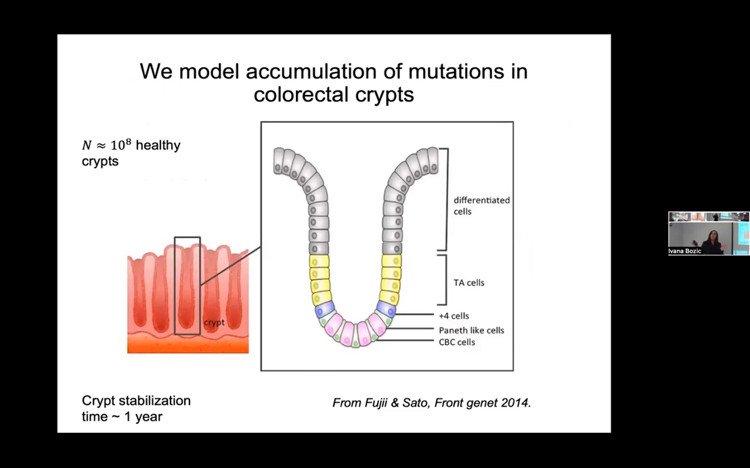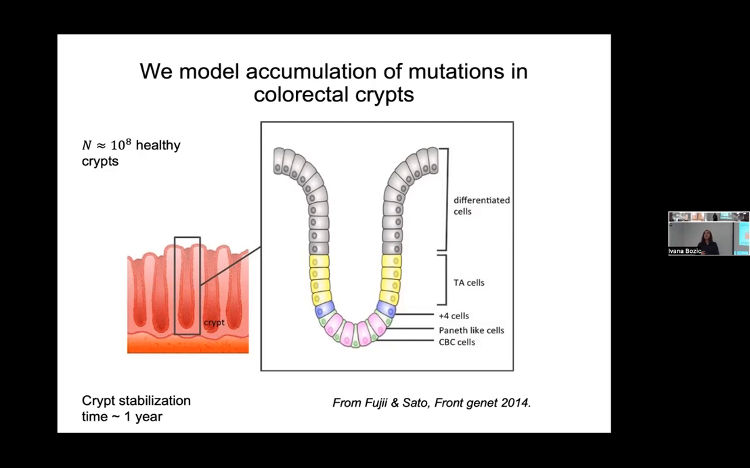So we have our network of genotypes, or graph of genotypes if you want. But what happens? We also have cells, or in our case, we actually have colorectal crypts as units of selection. Because the colon consists of about 10 to the 8 healthy crypts, each of them having about 2,000 cells in total. But what happens in a crypt is mostly determined by a small number of stem cells that reside at the